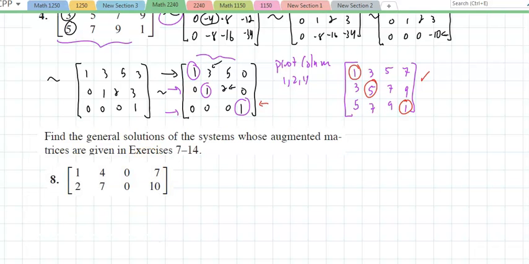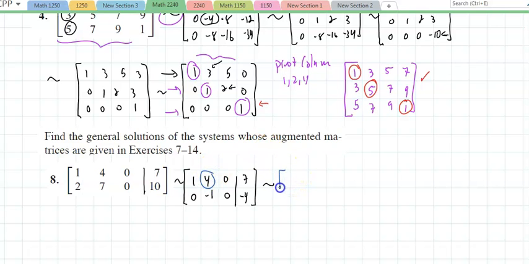Find a general solution of the system whose augmented matrix is given. So they're giving us this matrix. Suppose I multiplied row 1 by a -2 and added to row 2. There are a lot of these in the book, and I give them to you too. Since this is augmented, now I'm going to do this. Multiply by -2 and add: 0, -8 plus 1, -1, 0, 0, and -14 and -4, if I'm not mistaken. And if I make that a 0,